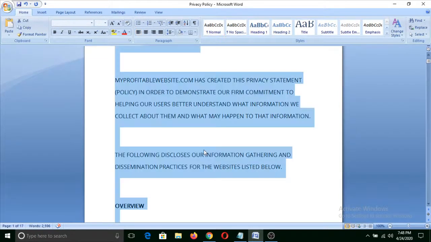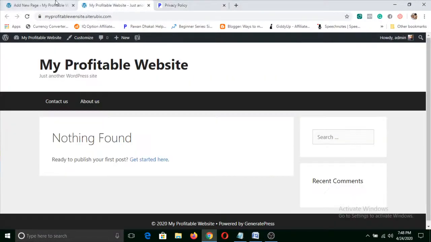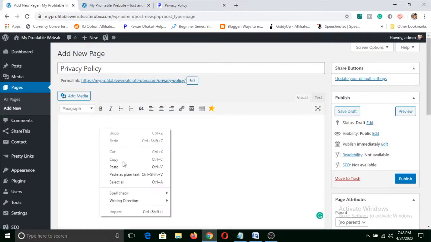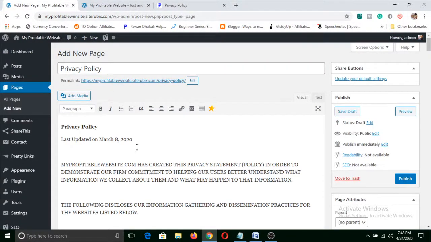Now you can simply select all and copy this, go to your privacy policy page and paste it here. Now you can change the date. Whatever date you like, it is not that important.